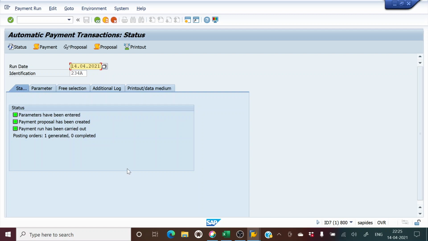Here we have one vendor and two invoices. As mentioned before, you can pick up multiple vendors and multiple invoices for each one of these vendors. So with this, you need not make payments one by one like we have seen before in the case of manual payment. Here we can make automated payments by F110.